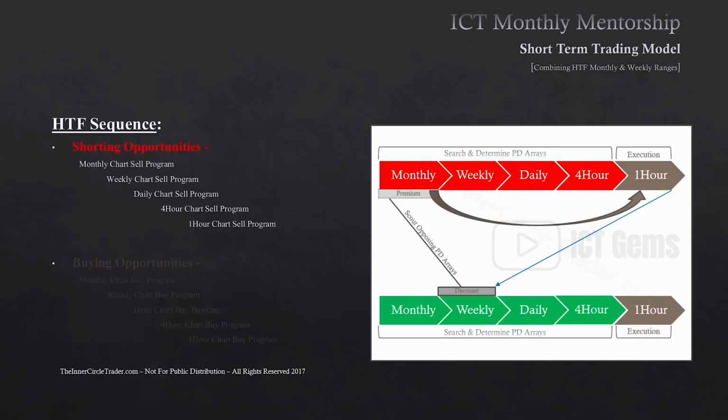You drop down to a weekly. What are the weekly premium arrays? There may be one it trades up to later on, or a daily chart. It may trade up into a daily premium array, or a 4-hour. One of those 4 time frames is going to give you a setup based on the fact that the monthly premium is overbought. We most likely are going to trade lower, and we're going to be looking for a lesser